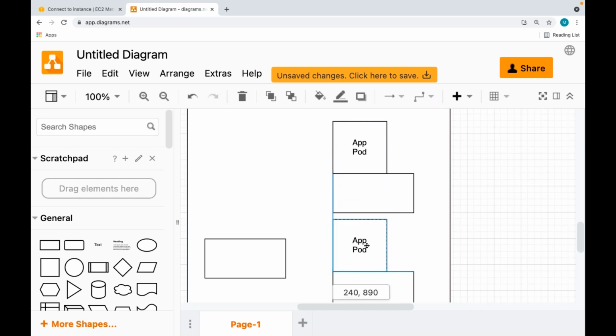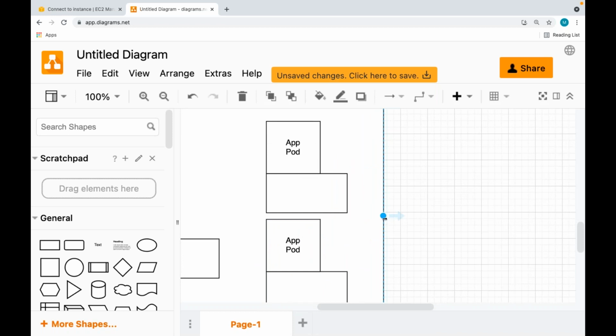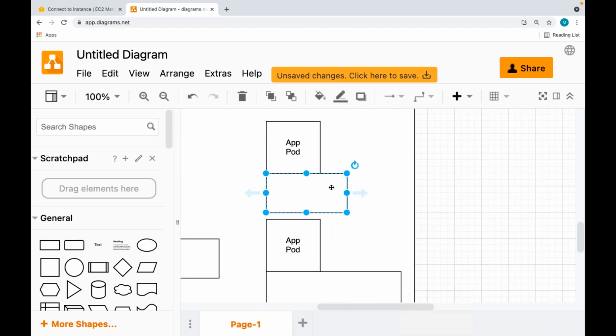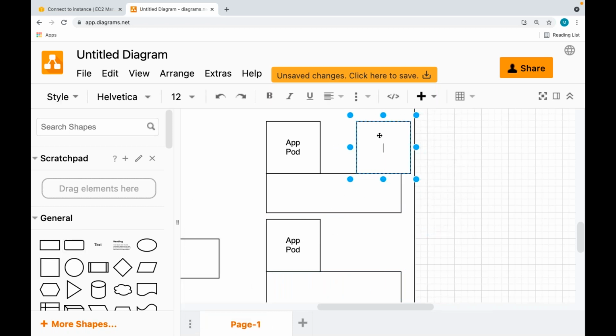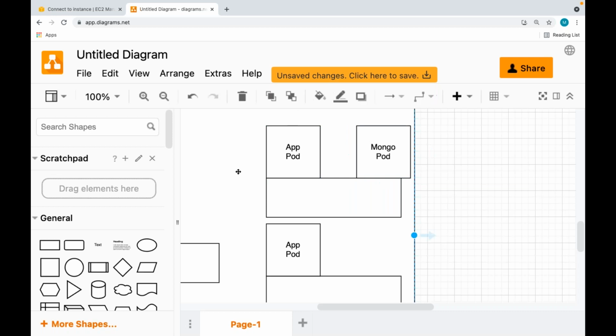Now this application is trying to connect to the database. If required, can I set up a database also as a pod in Kubernetes? The database pod, the Mongo database pod. If required, we can do that.